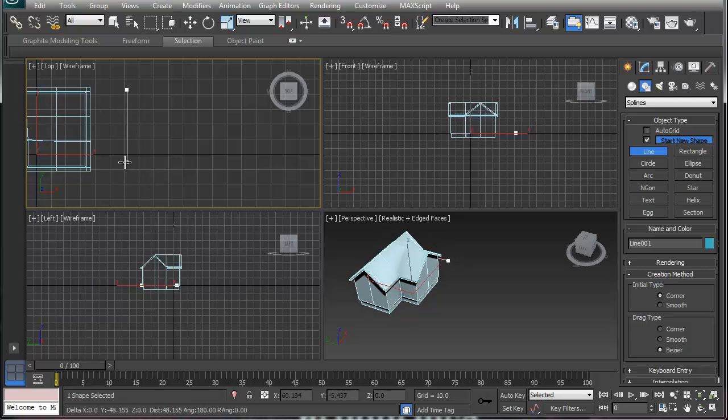Actually, click, and if you hold shift down, you can get some nice straight lines. So I'm just going to do kind of the interior floor plan. And you're not going to do any doors in this particular floor plan, so I'm just going to make a real quick,